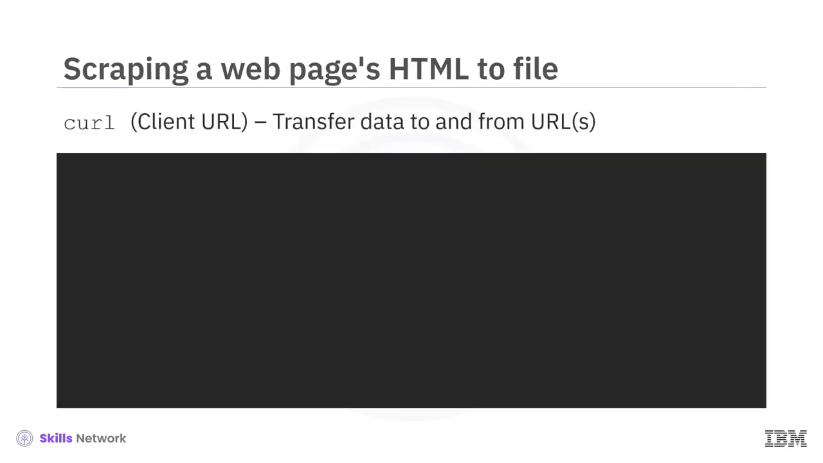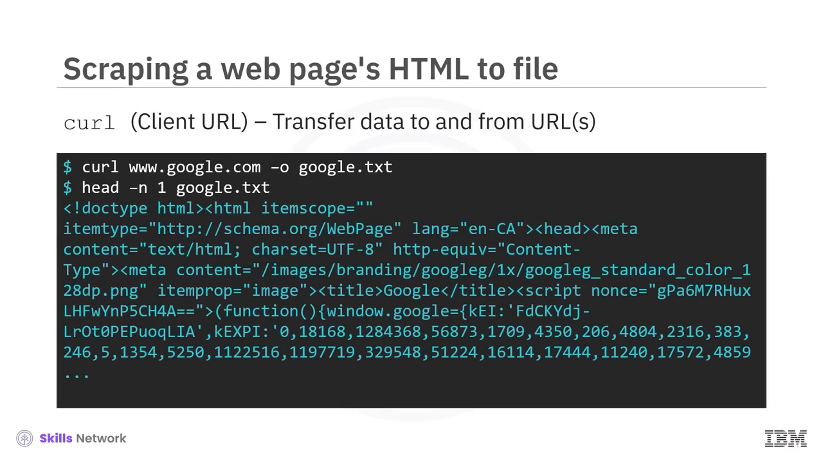You can even get curl to write the contents of a URL to a local file. This is done using the -o option. For example, you can enter curl www.google.com together with the -o option and a file name such as google.txt. You can then view the contents of google.txt using the head command and verify that the file contents indeed match